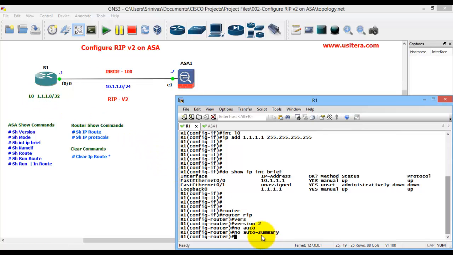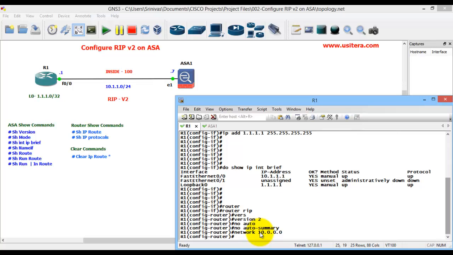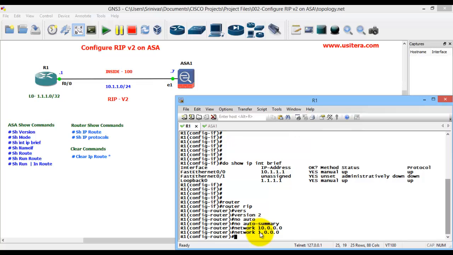So we add two networks. My first network is 10.0.0.0 and my other network is 1.0.0.0. Okay, the R1 RIP configuration is also finished.